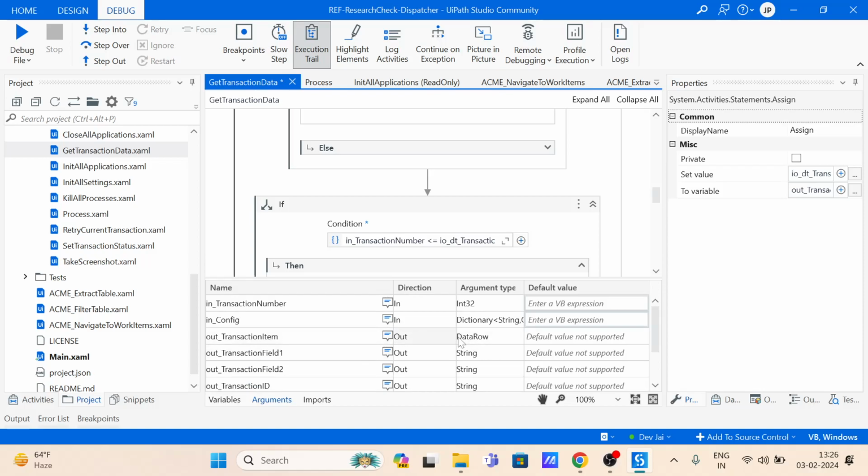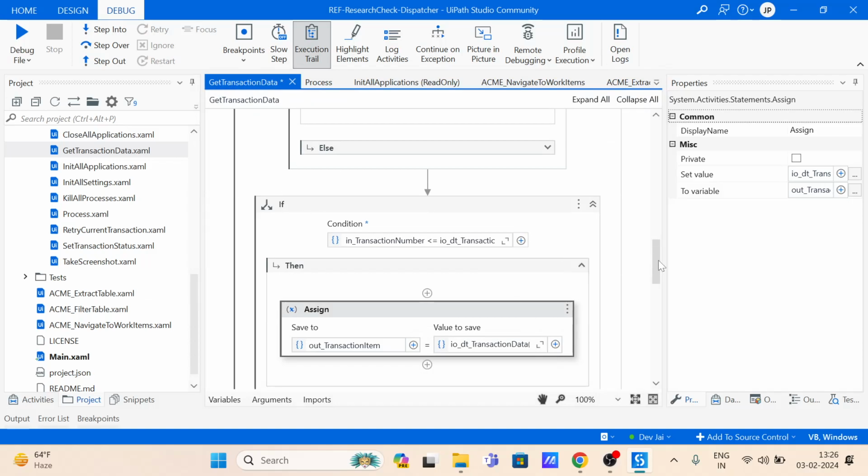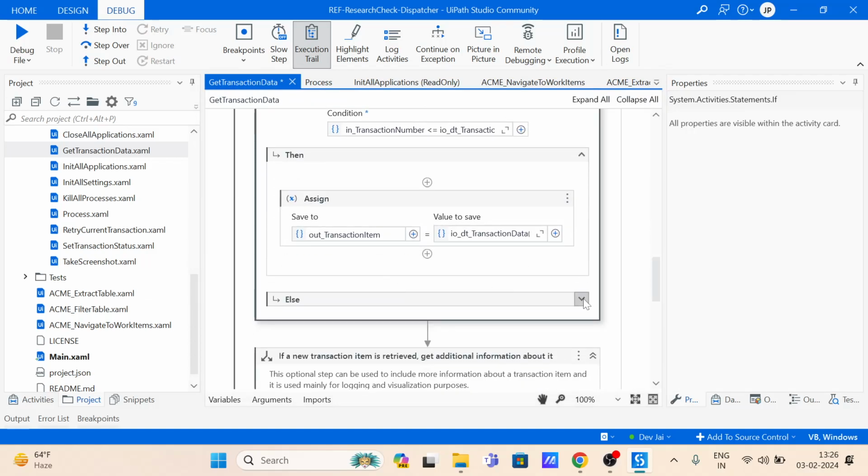जो मेरा ट्रांजेक्शन आइटम वेरिएबल, दैट इज ऑफ डेटा रो। तो अब क्या होगा कि अब यहाँ 1 -1 is 0, अब सेकंड रन में 2 -1 is 1, तो इट विल बी प्रोक्यूरिंग लाइक दिस। अगर मेरा डेटा टेबल फॉर एग्जांपल, लेट्स टॉक हाइपोथेटिकली, स्टार्टिंग फ्रॉम 1 होता, तो मैं यहाँ पे ट्रांजेक्शन नंबर ही रखता हमेशा 1 2 3 4, पर इट इज स्टार्टिंग फ्रॉम 0, इसलिए ट्रांजेक्शन नंबर से हमेशा -1 करना पड़ेगा मुझे। अभी मैं आपको डिबग में दिखाऊंगा, वैसे हमने ये पहले डिस्कस किया है, तो आई होप आपको इतना डाउट नहीं होगा।